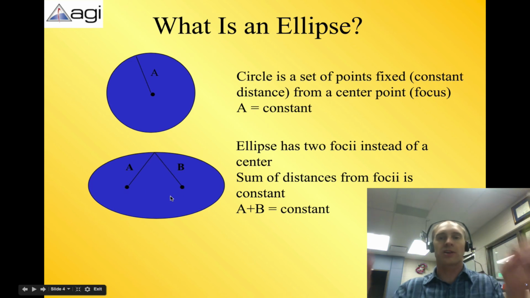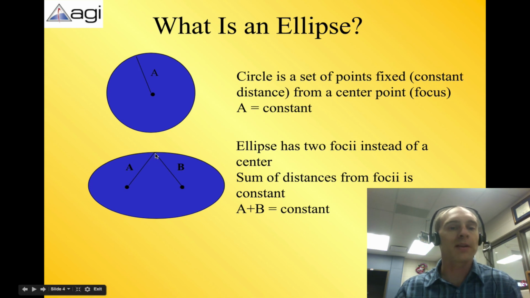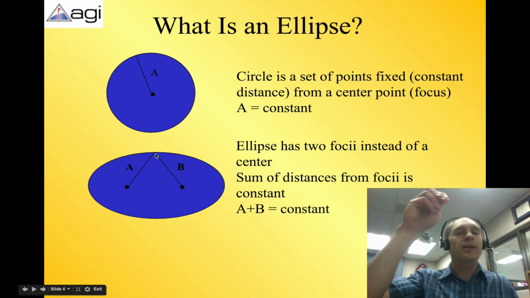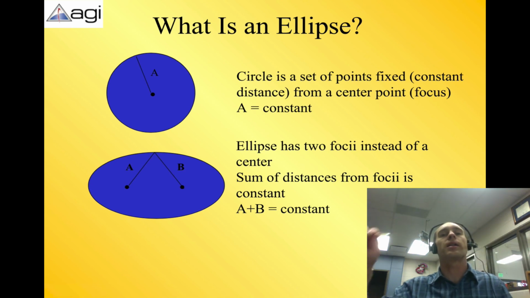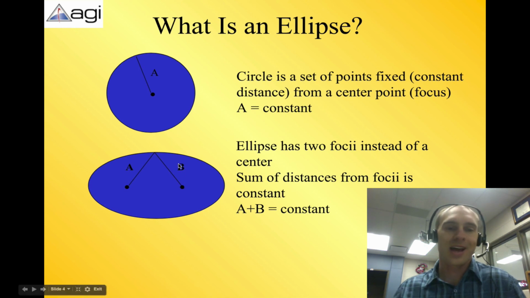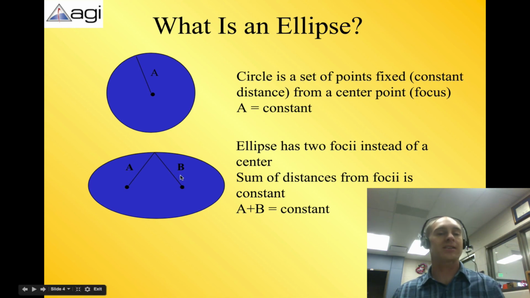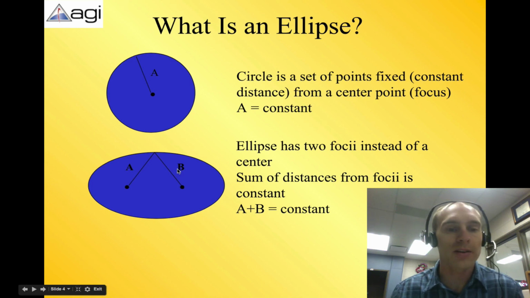You're going to take a piece of string, tie it into a circle, and it's going to hook around this, and around the tip of your pencil. My pointer here is the tip of the pencil. And as you move that pencil, keep that string tight all the way around, and it should form an ellipse. So what I want you to do is test out different distances from A to B, and let's see if we can learn something about the semi-major and semi-minor axes.